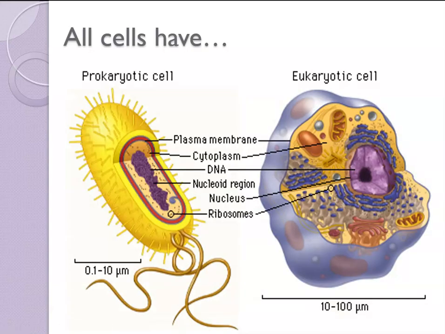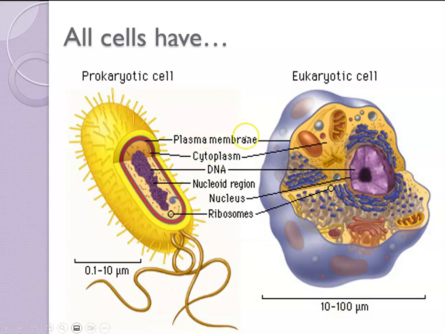Let's start with the organelles and cell structures. They may not be considered organelles, membrane-bound tiny little organs inside of a cell, but they're still part of the cell structure that are found in both prokaryotic and eukaryotic cells. And then we'll go beyond to see the ones that are only found in the eukaryotic cells. So as shown here on this illustration comparing an example of a prokaryotic and eukaryotic cell, you